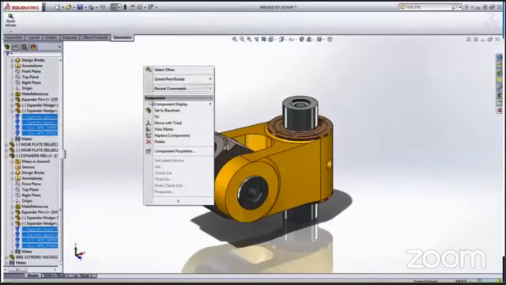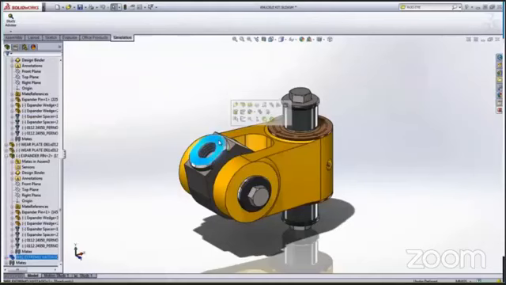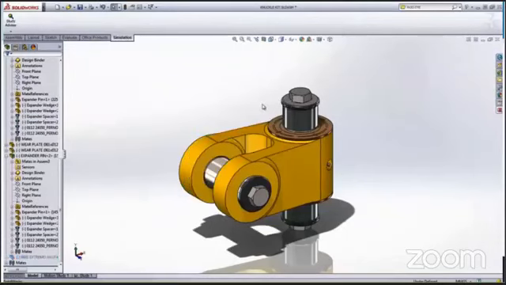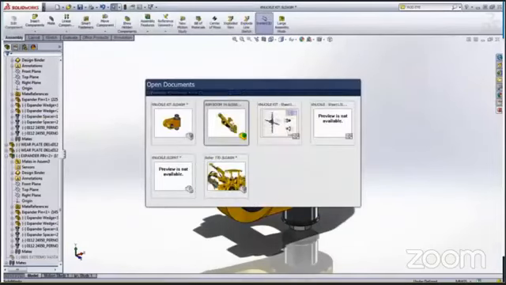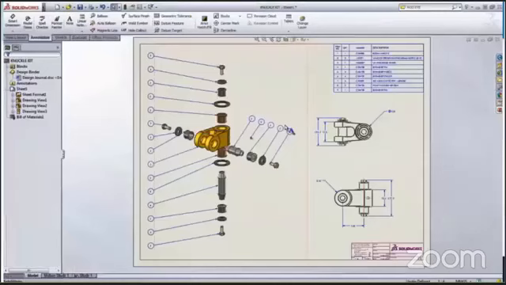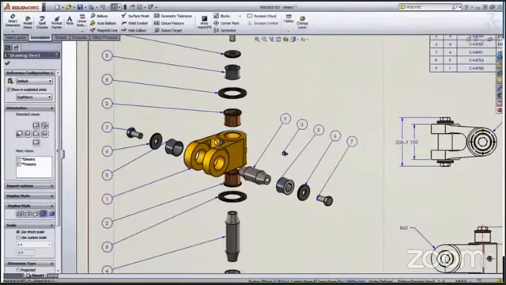Select suppressed and set to resolve. So as you can see, we can edit and resolve our issue in the software.